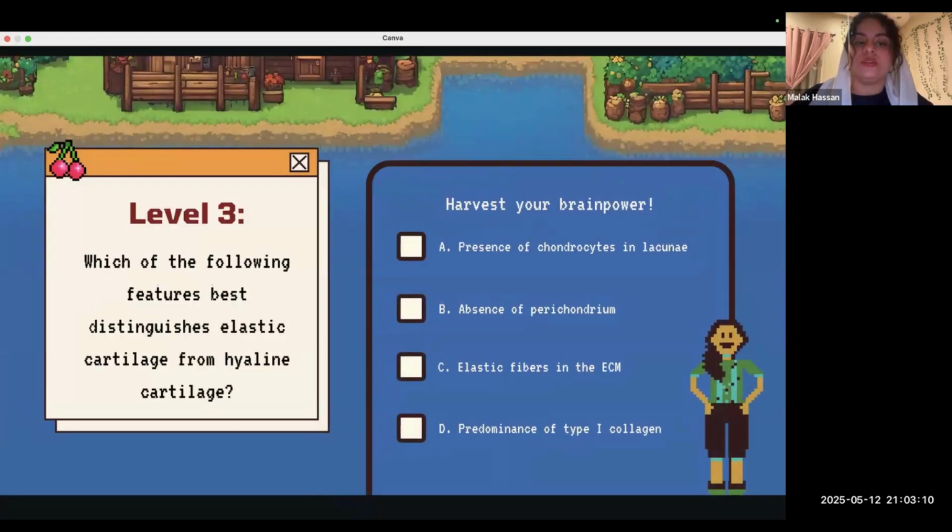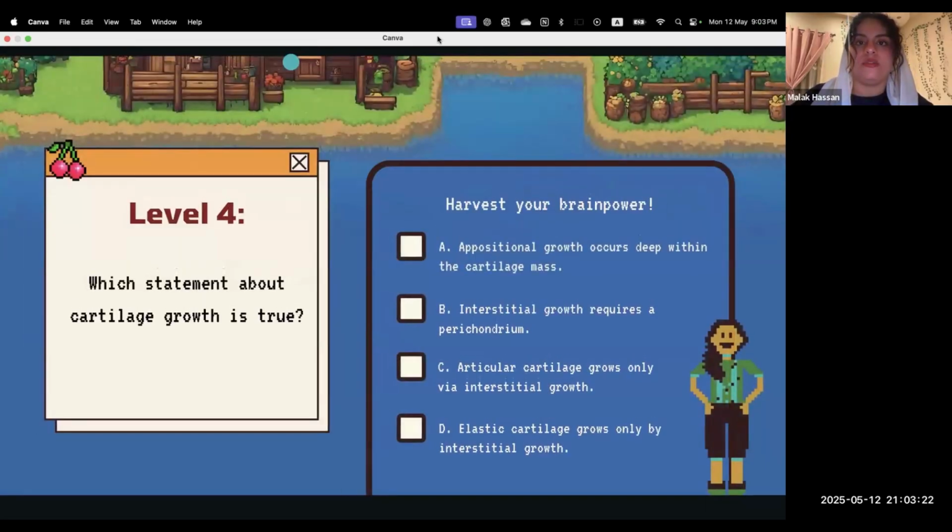Which of the following features is best to distinguish elastic cartilage from hyaline cartilage? It's C again. It makes sense. Elastic cartilage, elastic fibers. Then you have